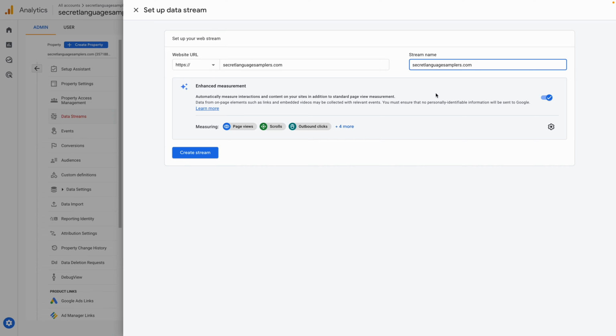One of the things I would recommend is going in there and adjusting your stream by labeling with the keyword. So this would be your stream name. So when you're looking at it from a 10,000 foot view, it should be okay. There are some of these enhanced measurements that are automatically going to be done. For now, you can leave this on. In most situations, we're going to turn it off because we need to measure something specifically and it doesn't match